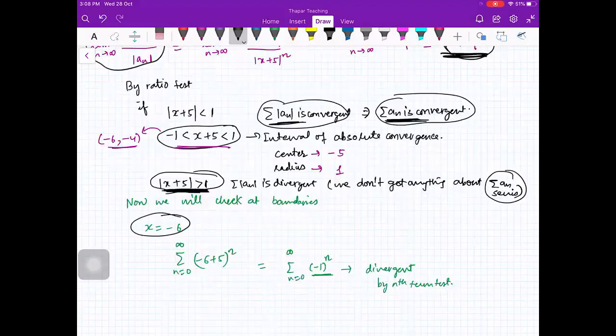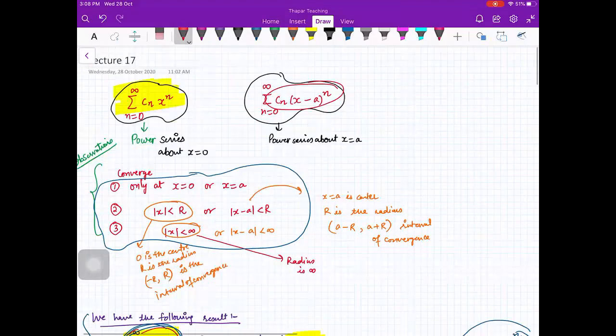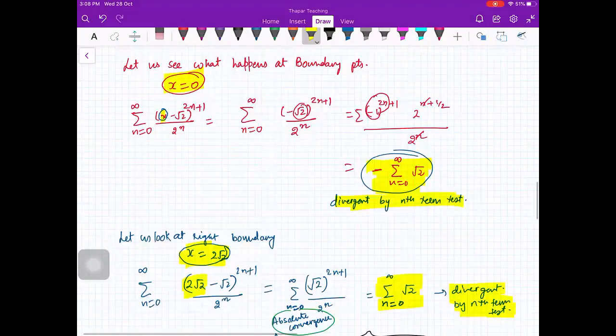Ma'am, does the ratio test always work or only in some questions? It will always work, beta. Ratio, rarely root, ratio always, because that is the nature of power series. That is why we are discussing power series. The moment you apply the ratio test, terms will cancel. So I am discussing a particular series, the power series, where the ratio test will always work. That will also always give you something about the convergence region.